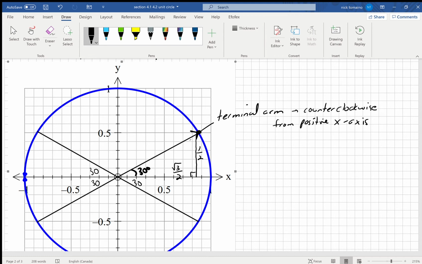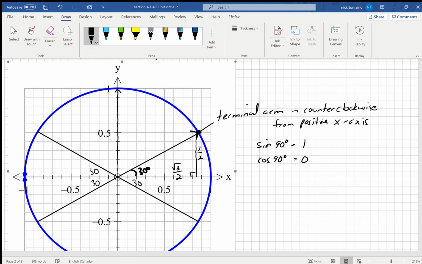All right, beautiful. So notice now, as we rotate this arm to the left, up here for example, if we rotate it 90 degrees, what's happening to the height of this triangle? The height of the triangle is approaching 1. What's happening to the base of the triangle? Well, the base of the triangle is approaching 0. So that means that the sine of 90 degrees, remember sine is just the opposite,